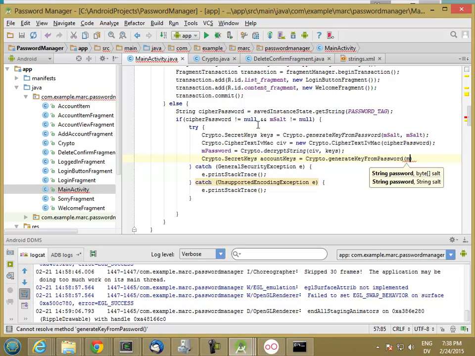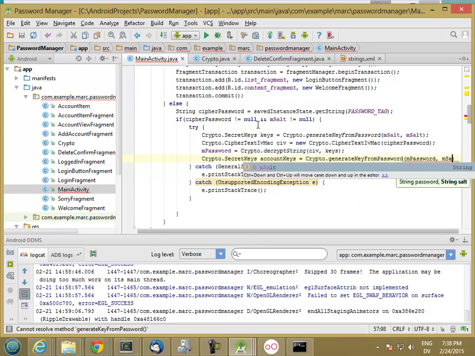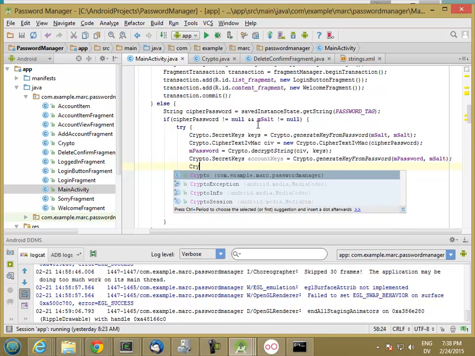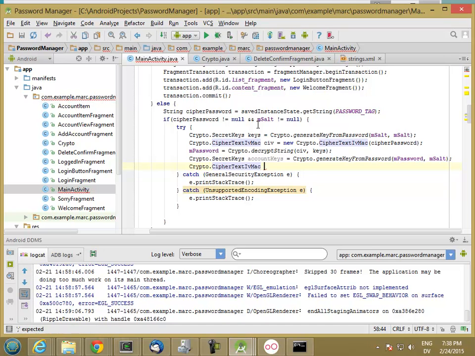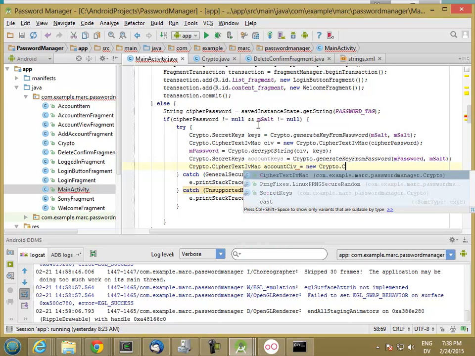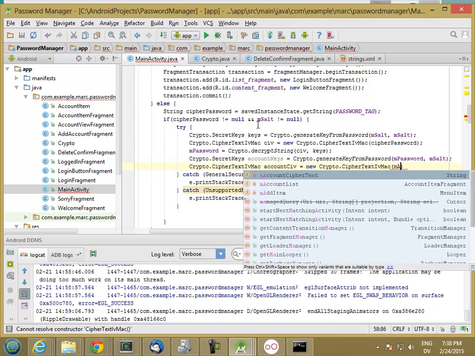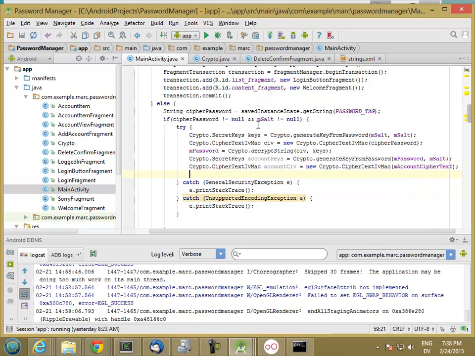And this time I'm going to use password and salt. And then I'm going to get another ciphertext from my string. And this time I'm going to use account ciphertext. And then I can set my actual account list to